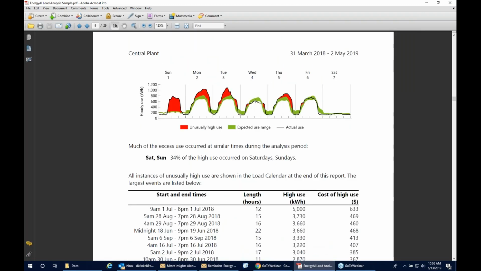I'm still in the same section, the unusually high use. We always like to show a typical week, an actual week that represents whatever this section of the report is analyzing. So this graph is showing a week with a lot of unexpectedly high use. So here, Sunday. Now this could be perfectly legitimate. This is a manufacturing facility, so maybe they had a Sunday shift come on. And you can see in the chart below, this turns out to be Sunday, July 1st,